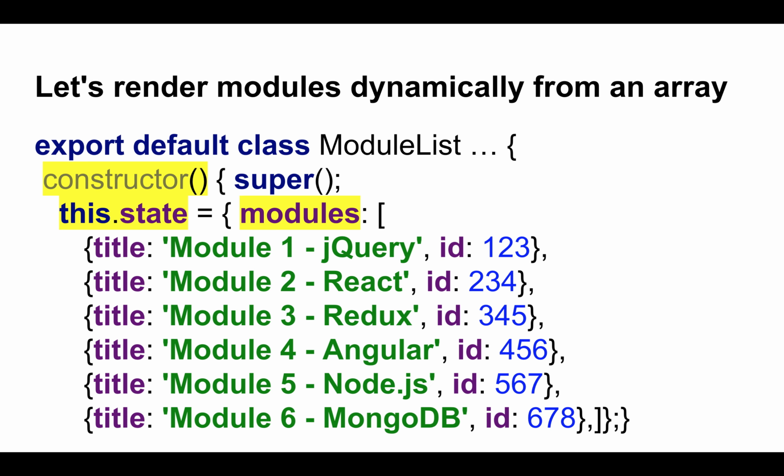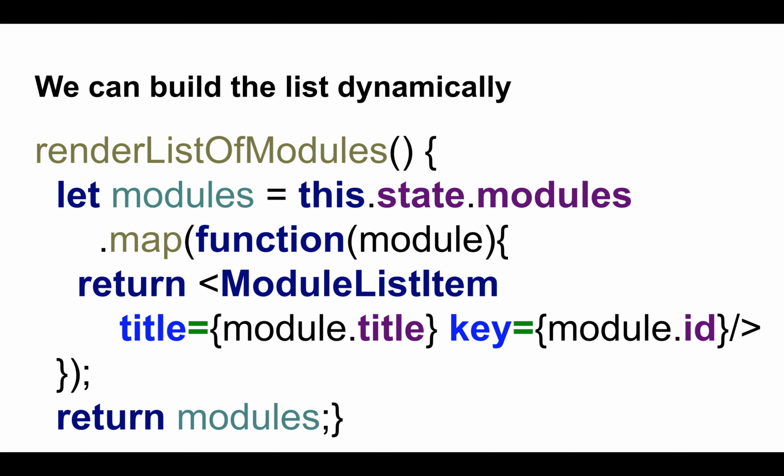What we'd like to be able to do is go a little further and perhaps declare an array of modules, right, with IDs and titles and whatnot, perhaps here declared in the parent module list, and then pass these elements to the list of modules. Right, and then iterate over it. Take those modules, and then iterate over them. And as we iterate over them, return and display the module list item, and pass, as we iterate over each one of them,